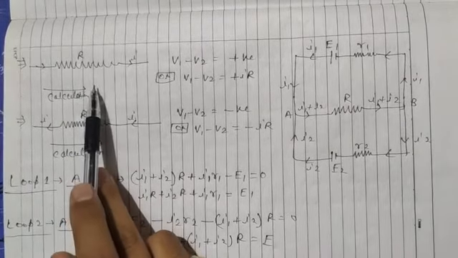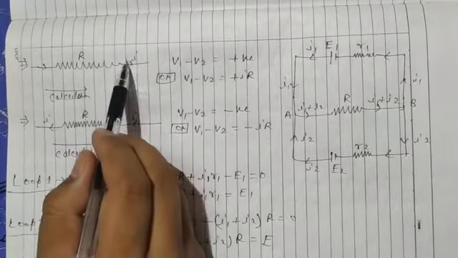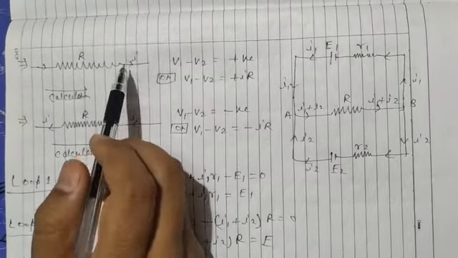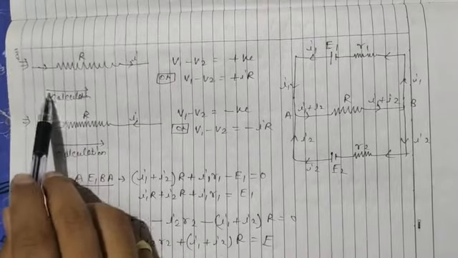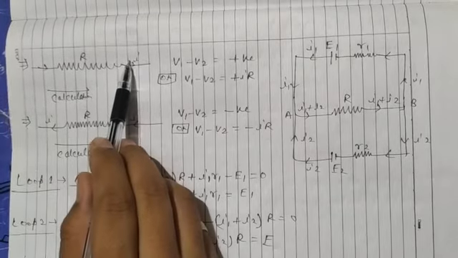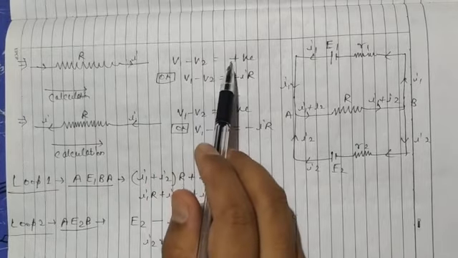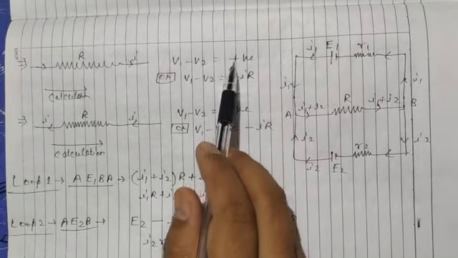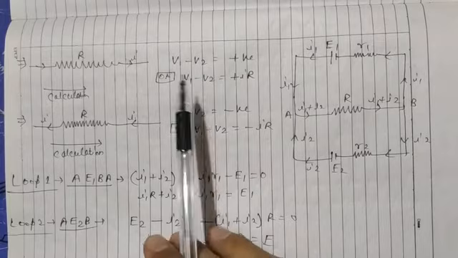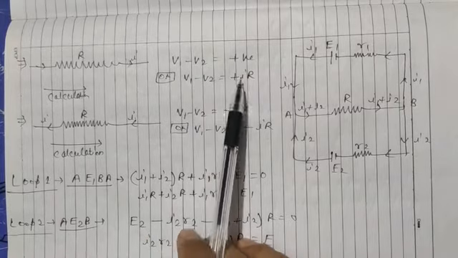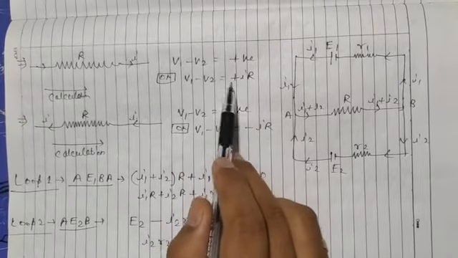Now if there is a resistance, and current is flowing in this direction, this is the resistance and this is the direction of current, and the direction of calculation is also this way. This is the direction of calculation and this is the direction of current. Then the potential difference V1 minus V2 is taken positive. And how can we give the potential difference? We know according to Ohm's law, potential difference is equal to I multiplied by R. So V1 minus V2 is equal to positive IR.